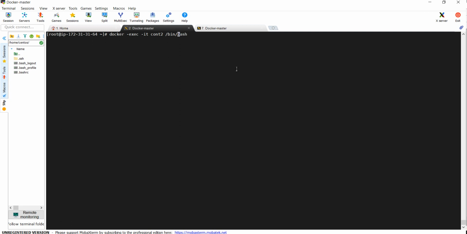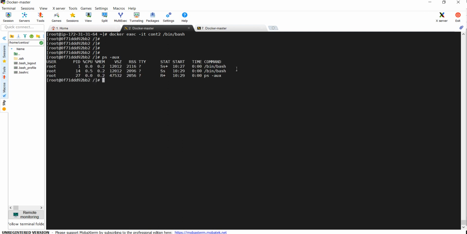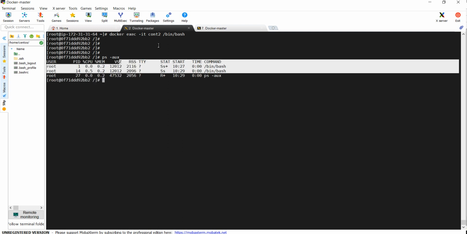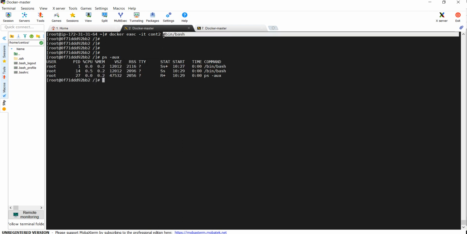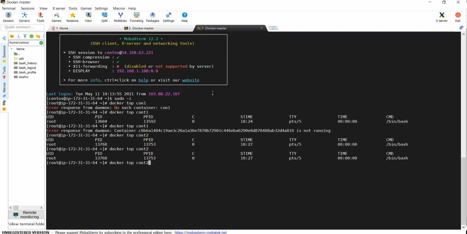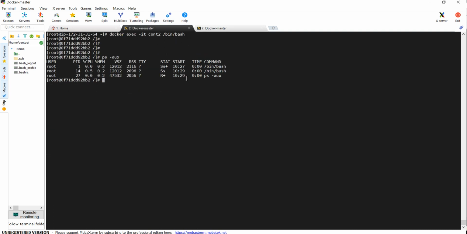Docker. Okay. This should not come here. Hyphen should not come. So now I'm inside my container. If I check, two processes of bash will be running here. One is this, and one which was left by us by using Control P Q. You can check from here also. So I hope this is clear to you.